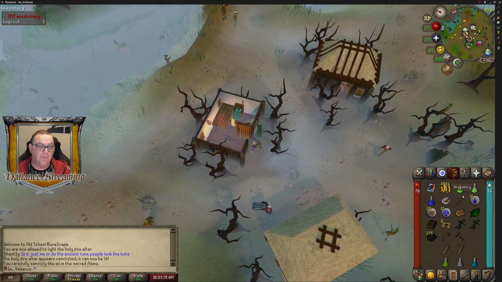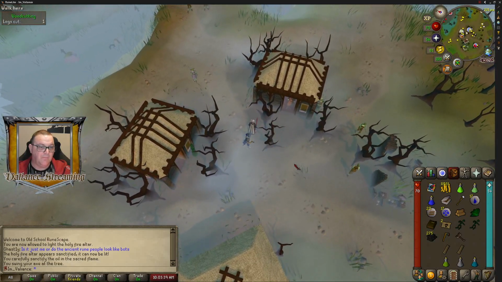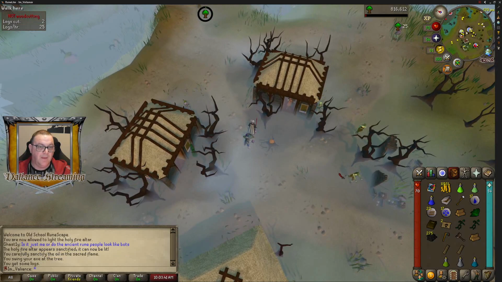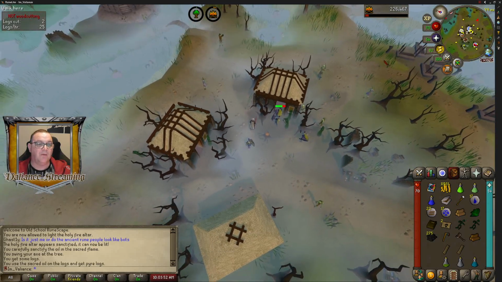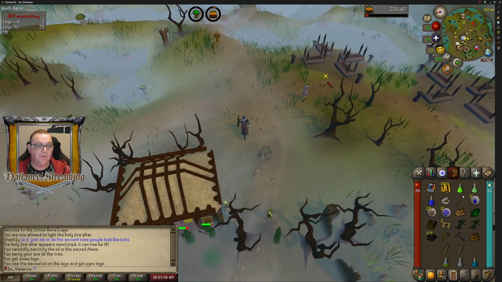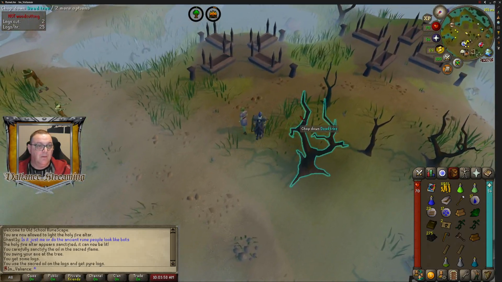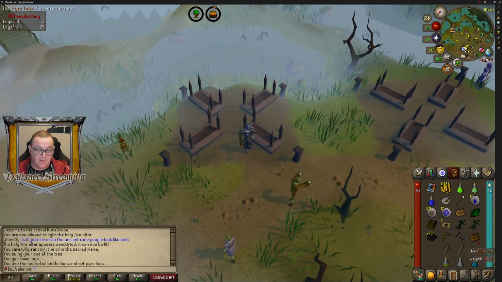Right, okay. I'm going to try something. I'm going to chop down a dead tree. There. Can I use this oil on this? You use the sacred oil on the logs and get pyre logs. All right. I think, guys, I think we might have worked it out. Gosh. Having to go to another world I don't like. But